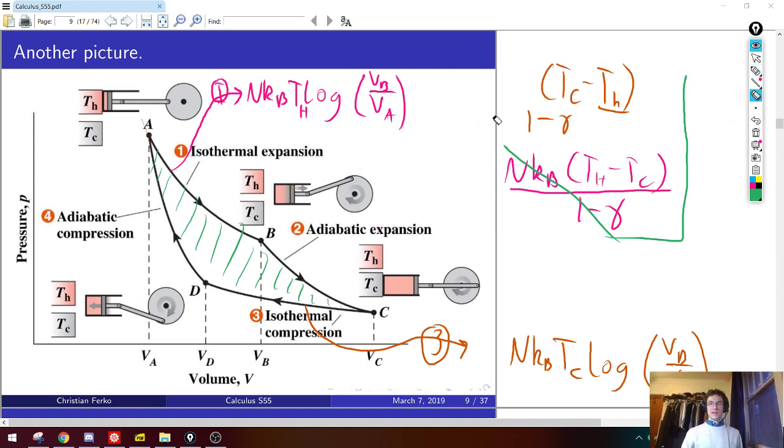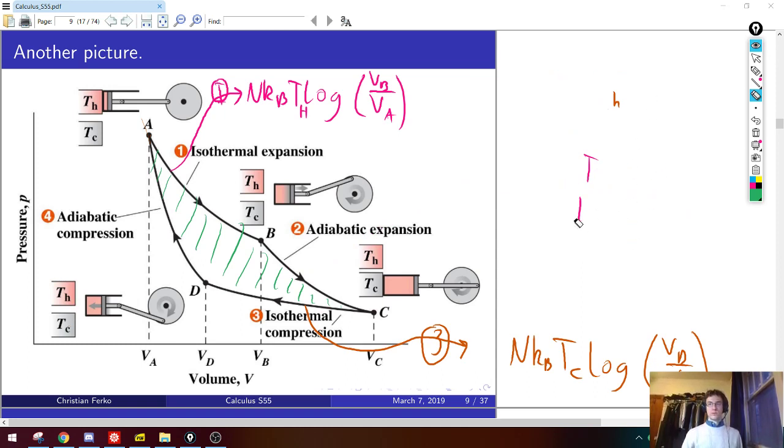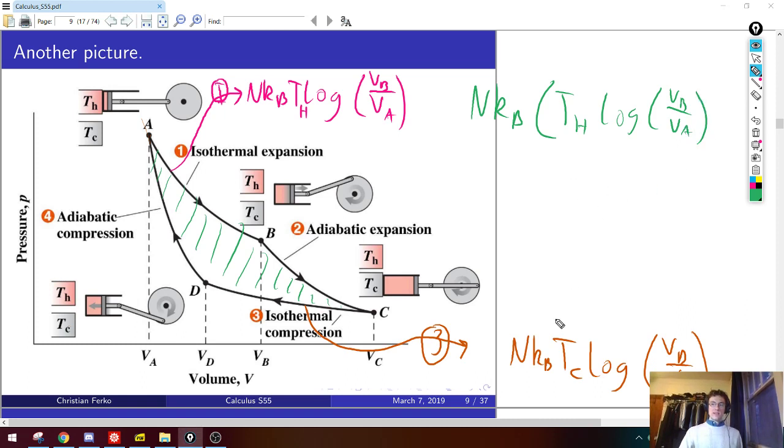So at the end of the day, what we're left with for our total work done as we go around this Carnot cycle is nkB times, we get some positive work from this guy, some positive work T hot times log of VB over VA. And then, I don't know if I should write this with a minus sign to emphasize. Maybe I'll use log of a power to flip the numerator and denominator just so I can write a minus sign out front, because I just want to emphasize that this term is negative. But it's just algebra. So minus T cold log, if I flip this, then I should put the higher volume VC over the smaller volume VD. Because, right, VC is over here to the right, VD is to the left, so that means VC is bigger.